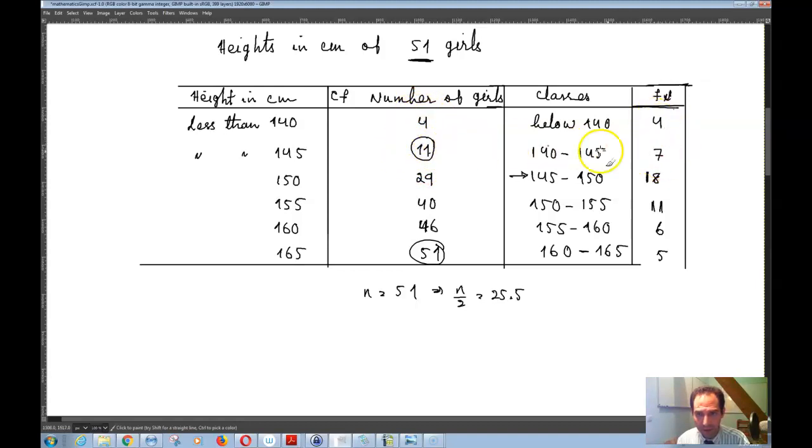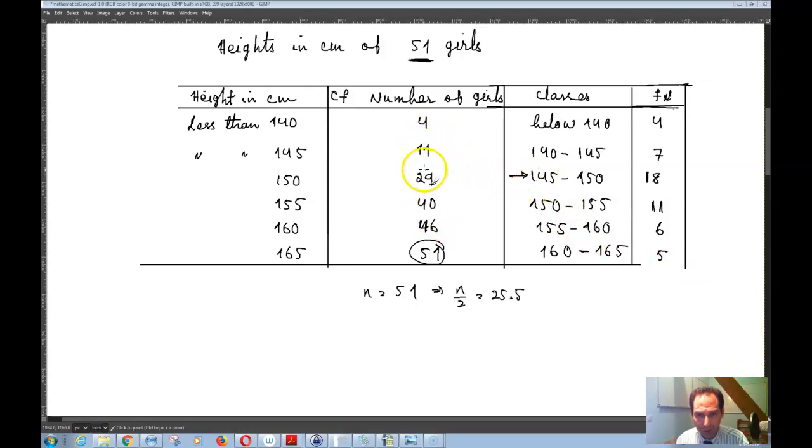4 plus 7 is 11, then 11 plus 18 is equal to 29, 29 plus 11 is equal to, well, 40, and so on and so forth. That means that this number is already in this number, and this number is already in this number, and so on and so forth. So what that means is that